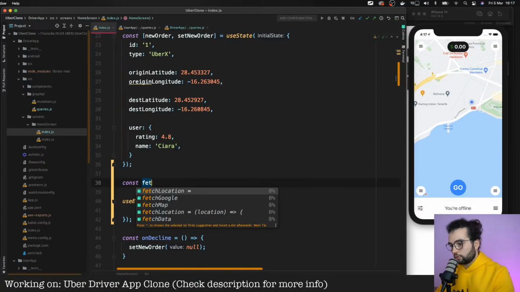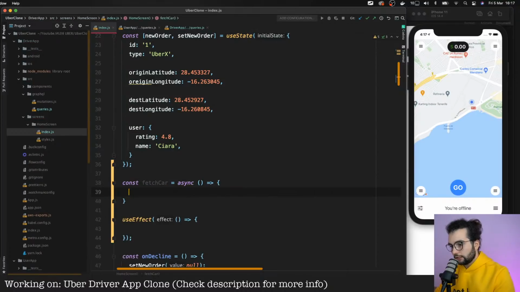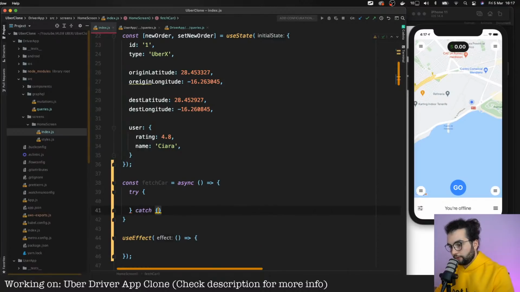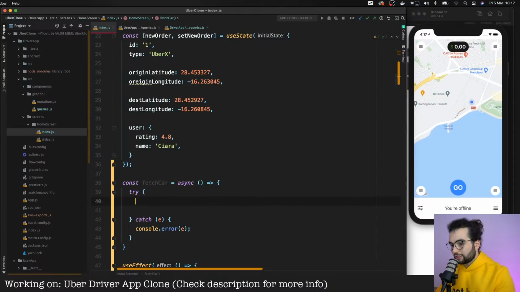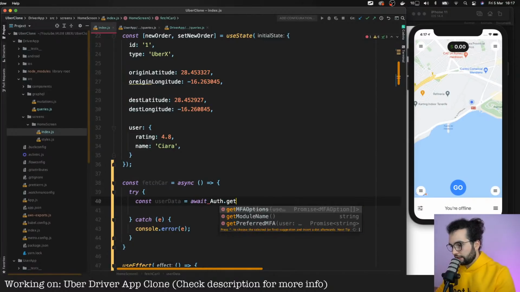So we'll have a function const fetchCar, async, and here we're gonna try to fetch this car. Error, like that. In order to fetch the car, we need to know the user ID that we want to fetch the car for. So to do that, we're gonna say const userData is equal to await Auth.getCurrent